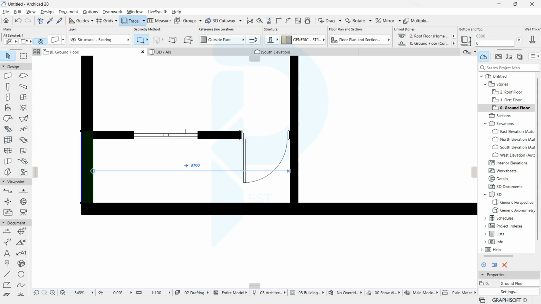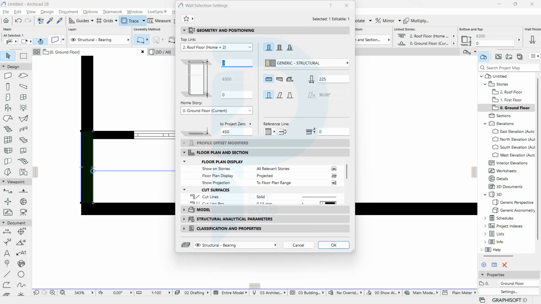This wall is supposed to be separated from the wall above. So I'm going to click on the wall. That's this edge wall, the one that is currently selected. And click on this. Next thing I want to do is just to unlink this